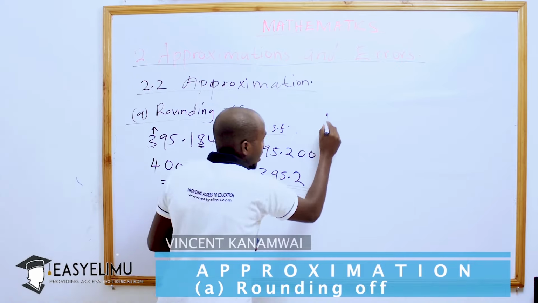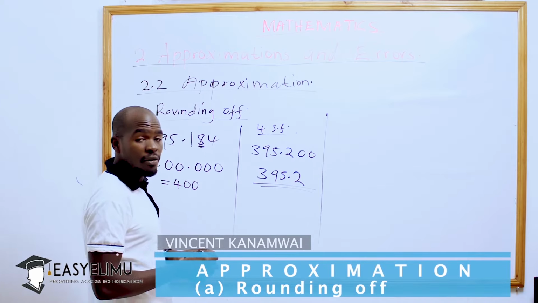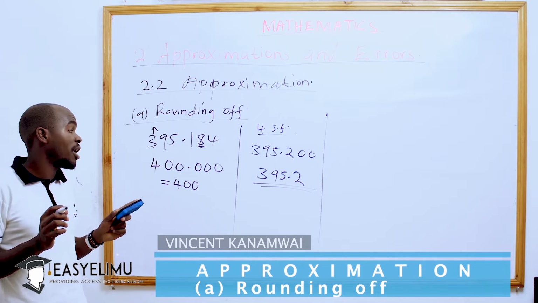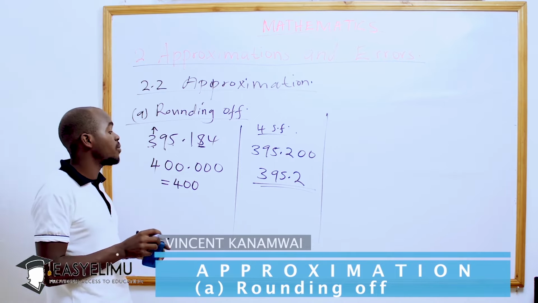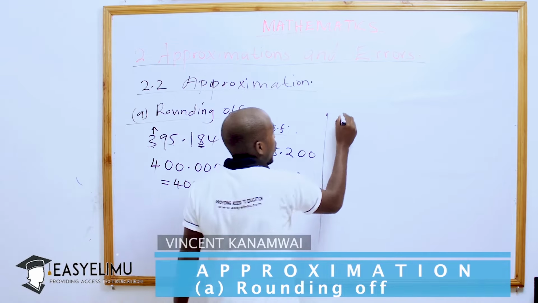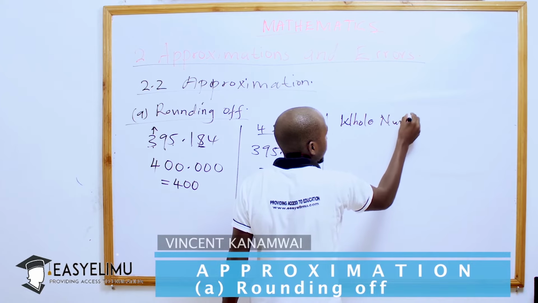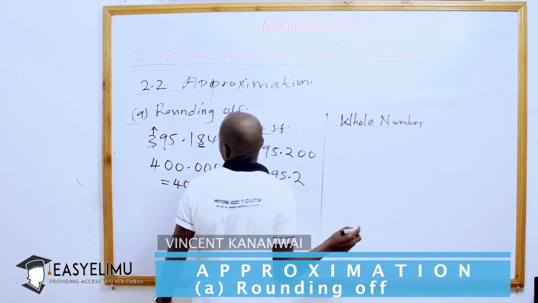So we can still round off maybe to the nearest whole number, and if it is to the nearest whole number, we are rounding off to the nearest whole number, meaning without the decimal place. So if it is without the decimal place, that is a whole number. To the nearest whole number, we shall round off this